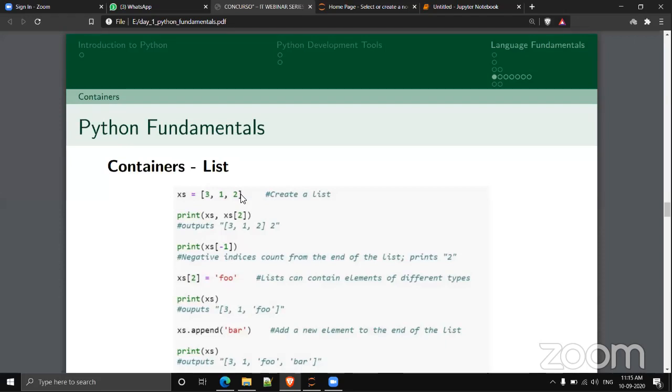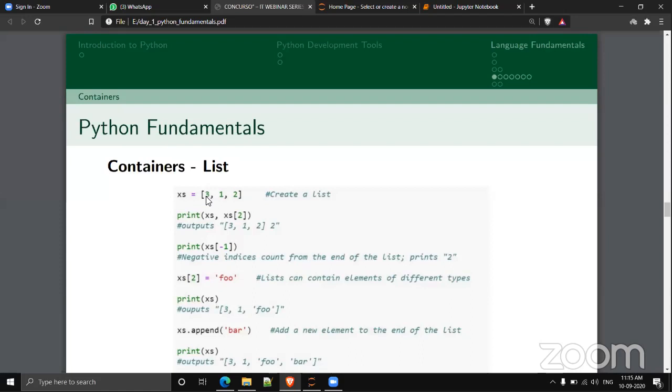In this example, XS is a list, assigned with a list containing the values 3, 1, and 2. On printing XS, you can see the entire list. Similar to arrays, we can use index numbers to get the elements at a particular position.